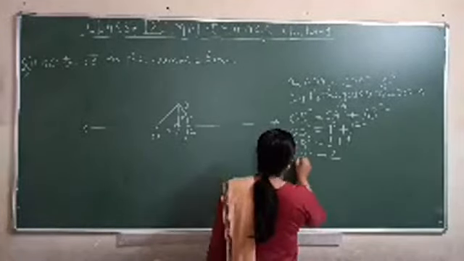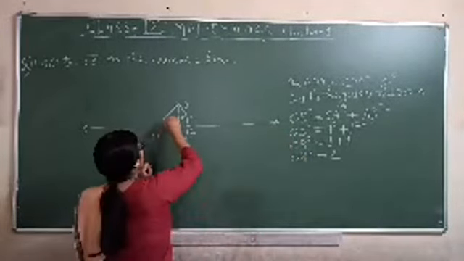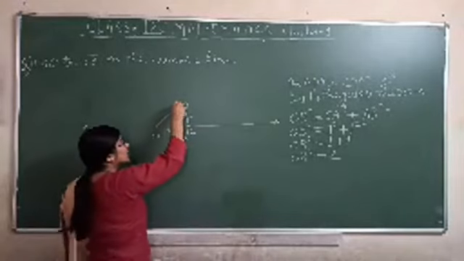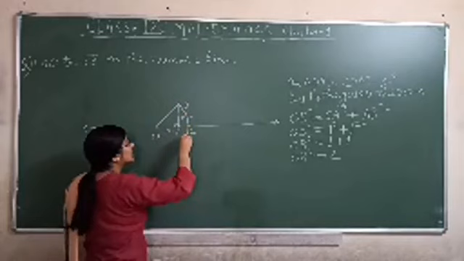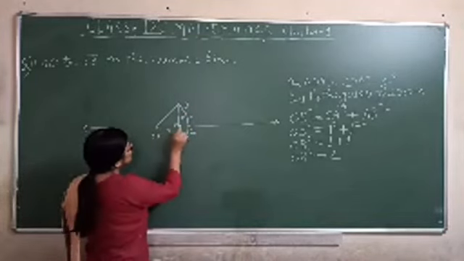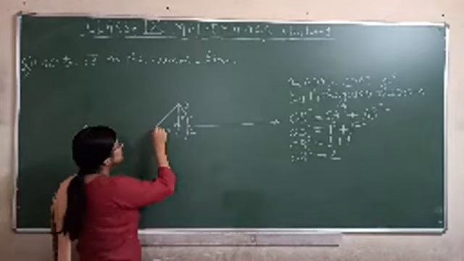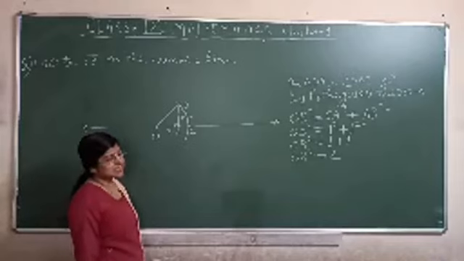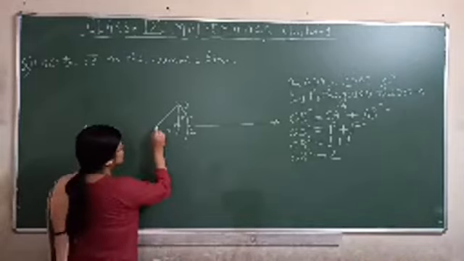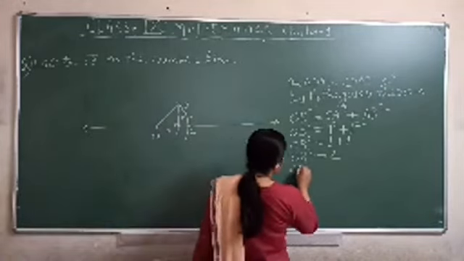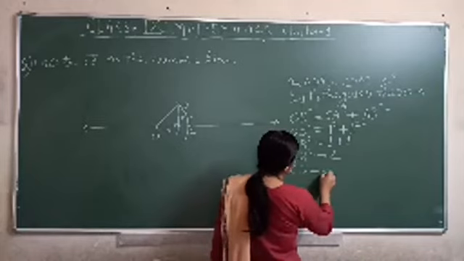But we need the value of OB. This one here, OB, is not on the number line. So you have to draw an arc. If you complete this one, you get a circle. And this one will be a radius of the circle, and this one will be a radius of the circle. So you know that radii of the same circle are equal. So this OC and OB will be equal. So OB equals root 2.